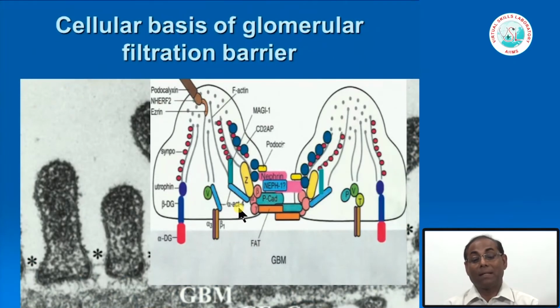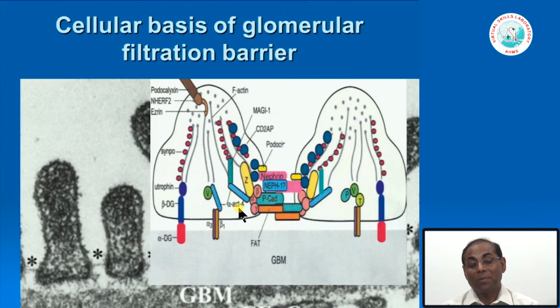After this, let us go to a little bit of the molecular level, because when we were students, there were many things we did not know. For us, understanding pathophysiology was obviously much simpler, but now we know. I told you that there are certain molecules which maintain the barrier of the glomerular filtration, or the slit pore. So what are those molecules?